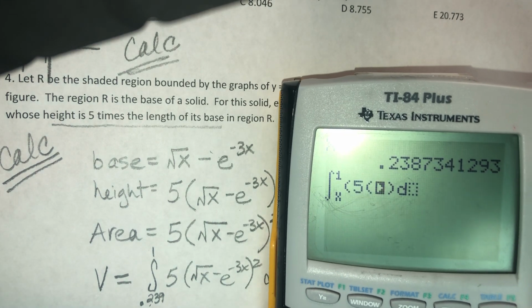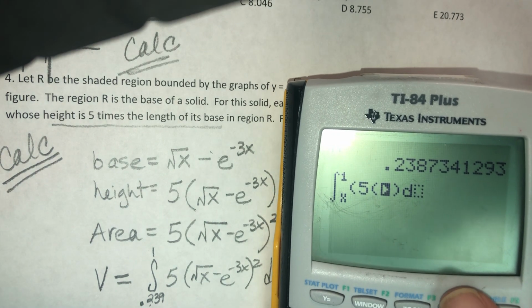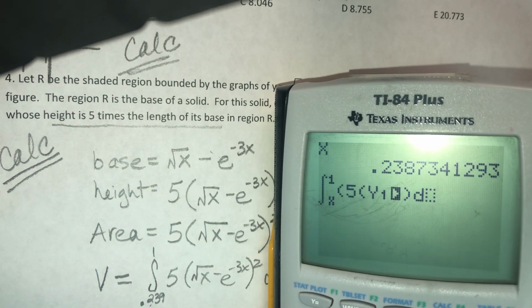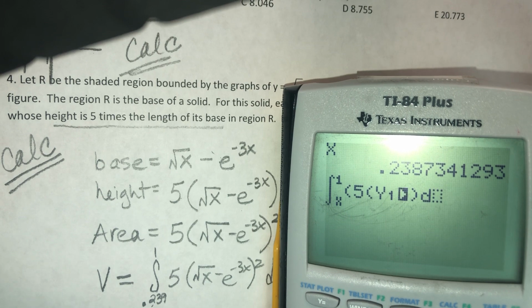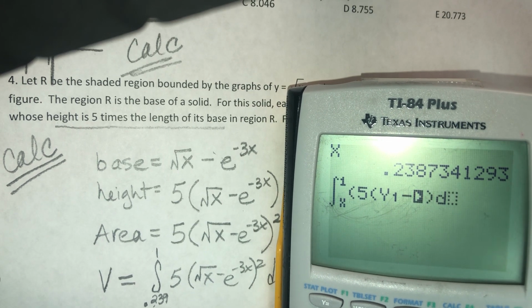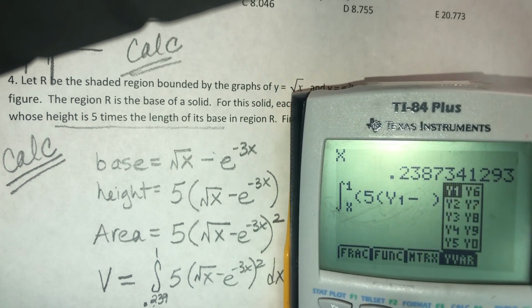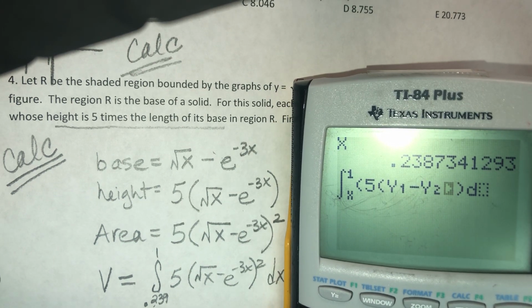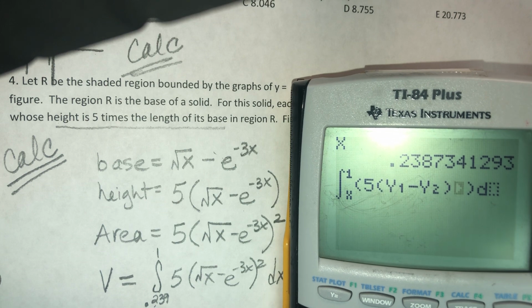I can go alpha trace y1, which is my first function, square root of x, minus alpha trace y2, which is my second function, close parentheses, squared